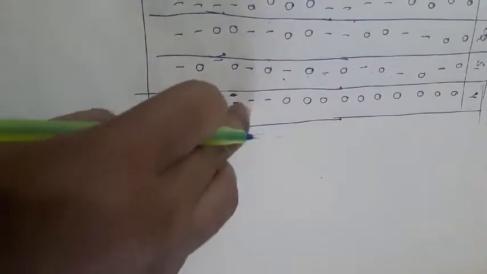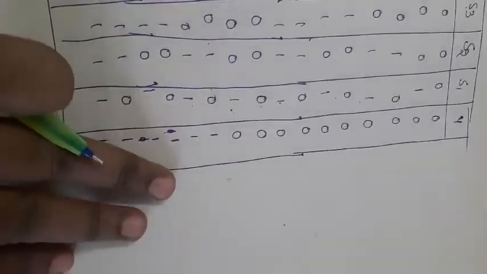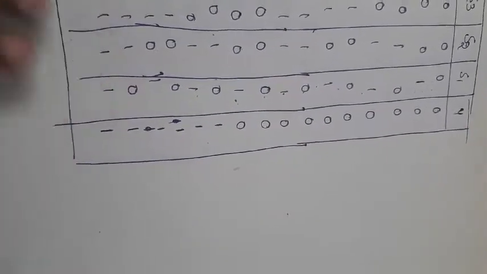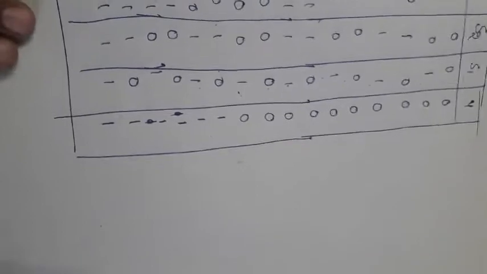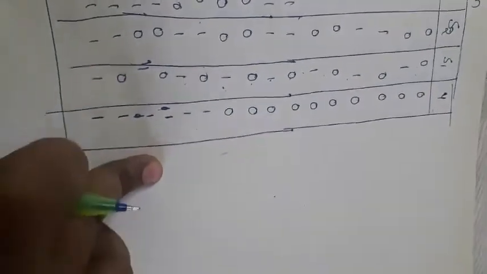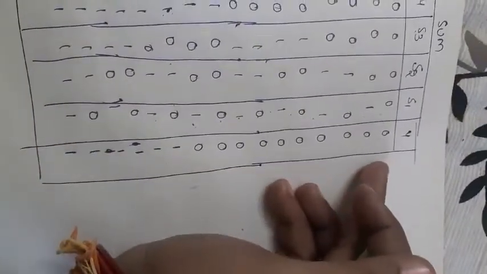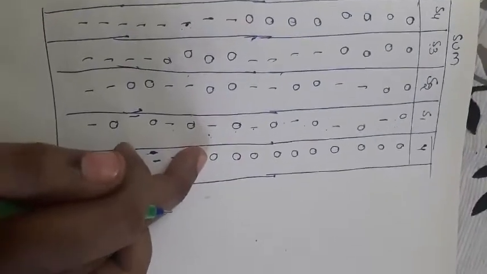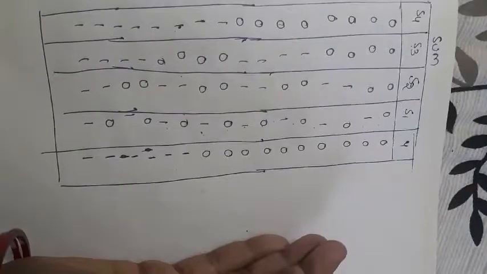So 10, 11, 12, 13, 14, 15: all these 6 numbers directly exceed, or are greater than, 9, so the outputs must be equal to 1. This is the output I am taking. If the sum exceeds 9, then the output shows 1. The first ones are not greater than 9, so our output is 0, like this up to 9. Up to 9 the output is equal to 0, because it is not greater than 9.